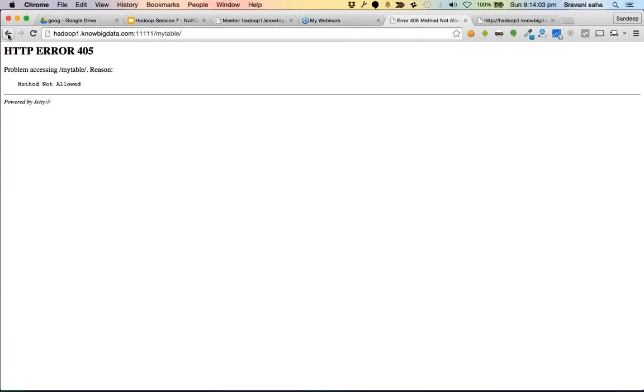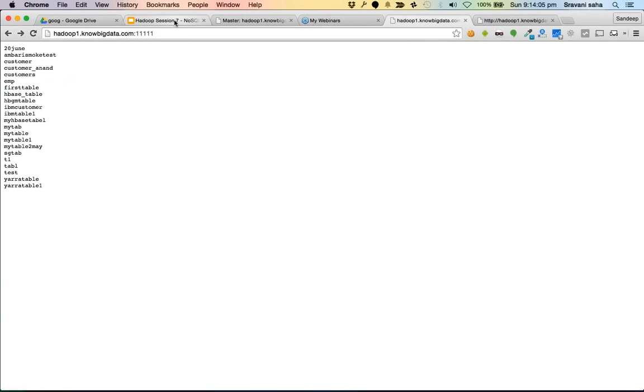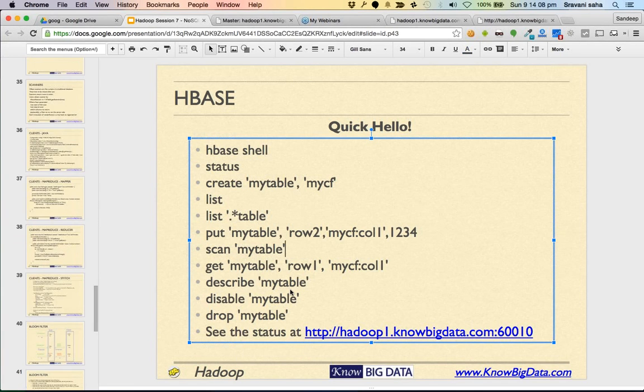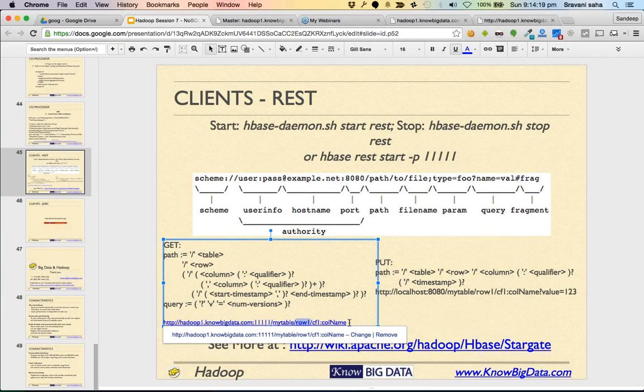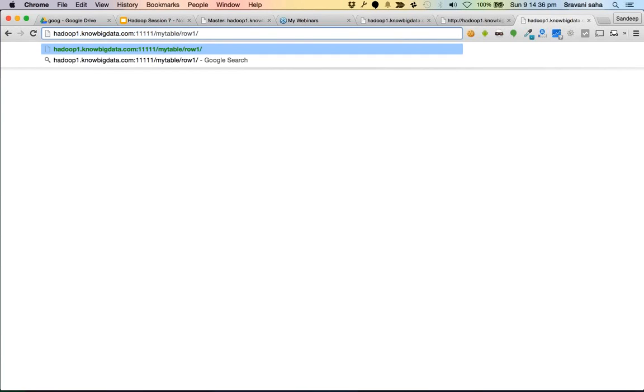And if we go into one of the tables, let's see what happens. It says the method is not allowed. All right, let's have a look at it again. You can make a call to something like this: my table slash row ID and then the column. It says zero or more than one column specified. All right, what were the column names which we created? CF1 and then